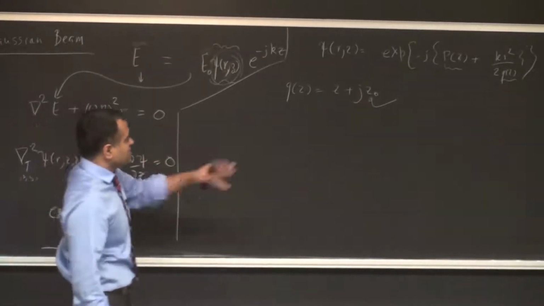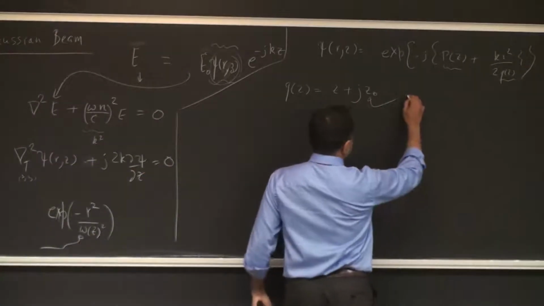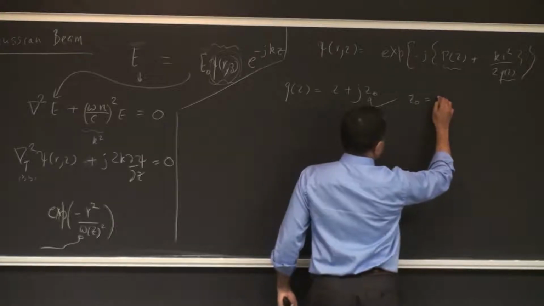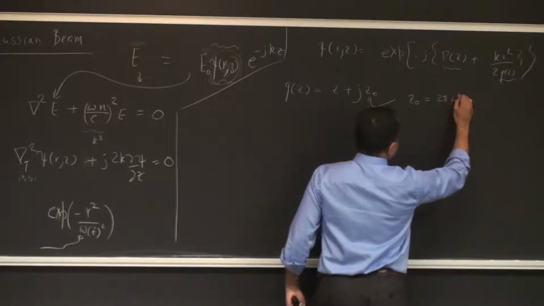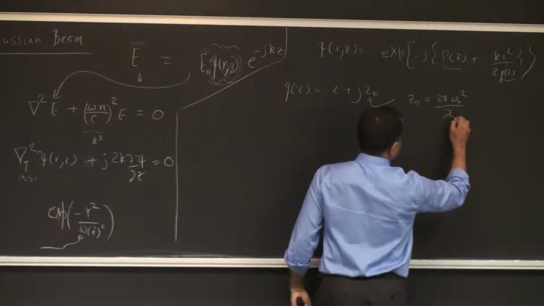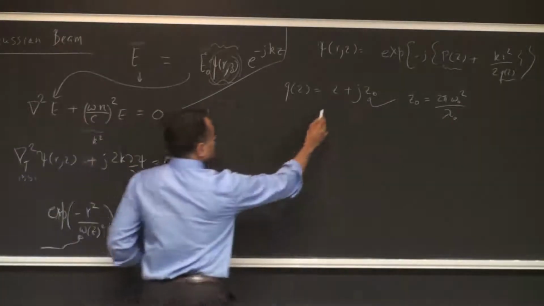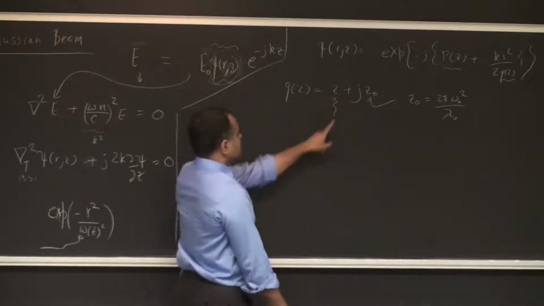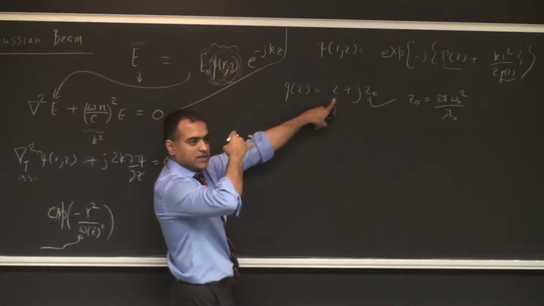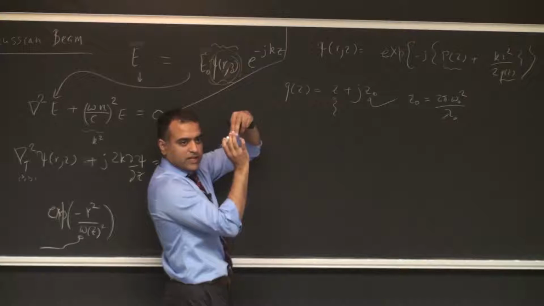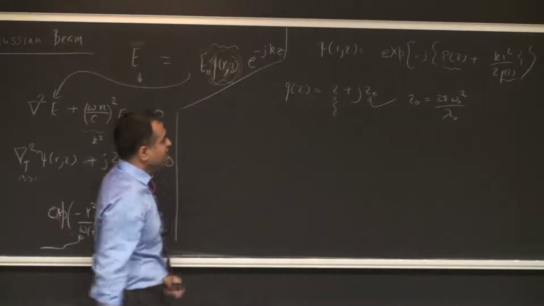related now to all these very useful laser parameters. Z naught was what, pi times the square of the beam diameter divided by the wavelength, and then all kinds of other things like that, right? And whatever you get here is where your beam has the narrowest waist, or the beam width, and so on, right?